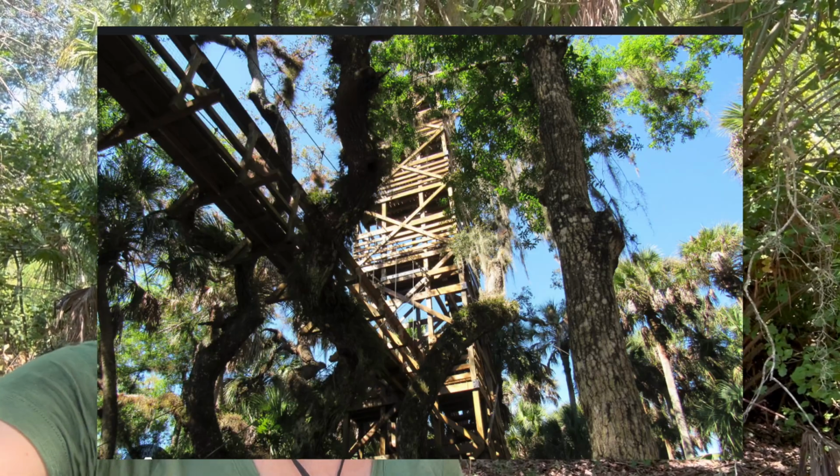Unfortunately, and we knew this before we came, much of the state park is still underwater from Hurricane Debby. All of the hiking trails are underwater, even the big canopy that Myakka is kind of famous for. It's a canopy boardwalk that's 25 feet in the air, and there's a 75-foot tall tower that you can visit, but unfortunately to get to that, it is underwater. And the girls didn't bring shoes to really go walking through the water, so rather than deal with a trail that is anywhere between 6 inches to several feet underwater, we've just decided maybe